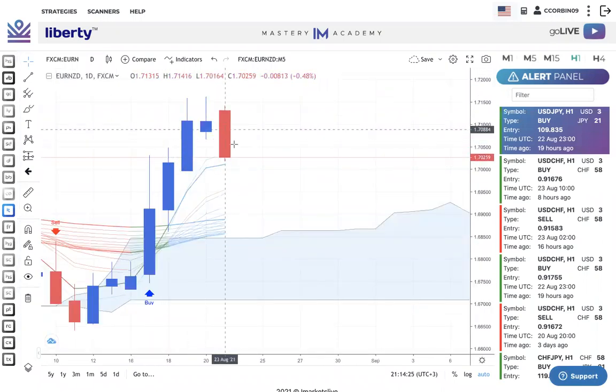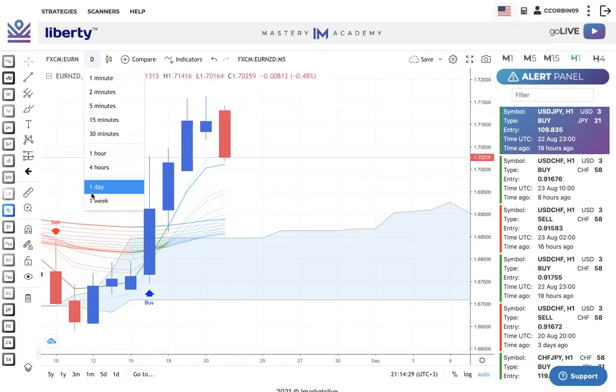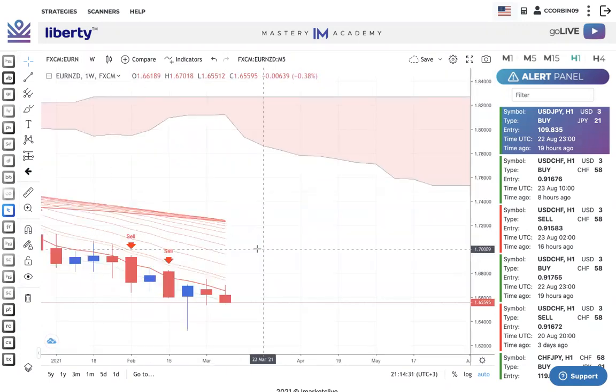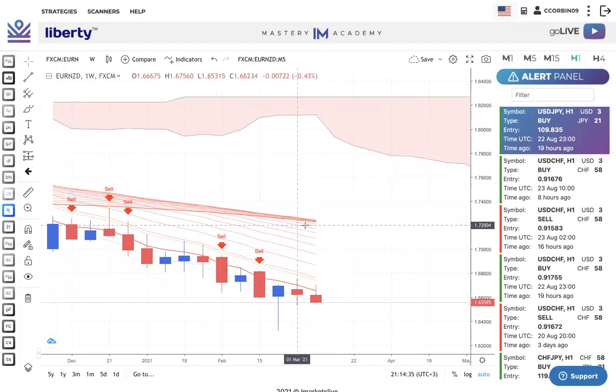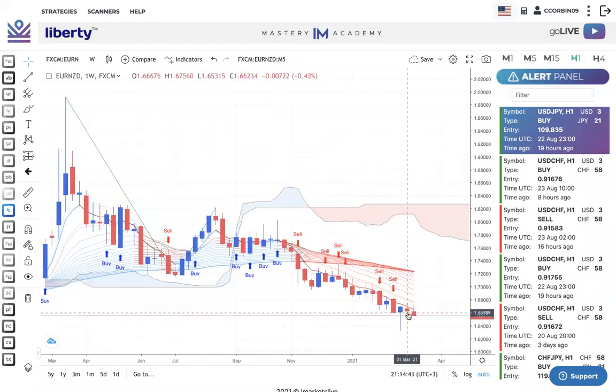Look at this. For the day, I've been in since last night. And for the week, look at this. For the week, we've got the red cloud and it's under, just red bars. This thing is going down. It's probably gonna be selling into next week because it's been consistently dropping. This is for weeks. So it's been consistently dropping for